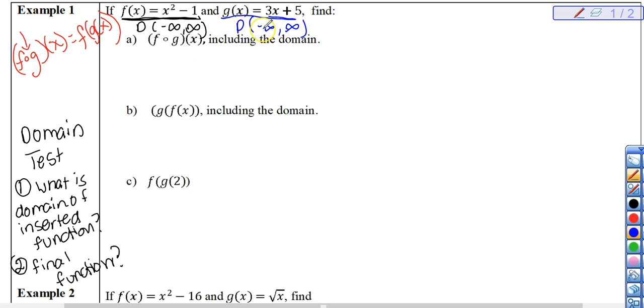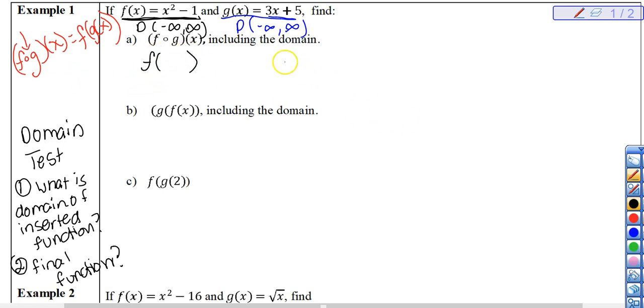I am not restricted. I'm free to do what I want, to pick what I want. Okay, so when I see this first problem, it says find the f of g of x, including the domain. I am not a fan of this form of composition function notation, so I'm going to rewrite it as the